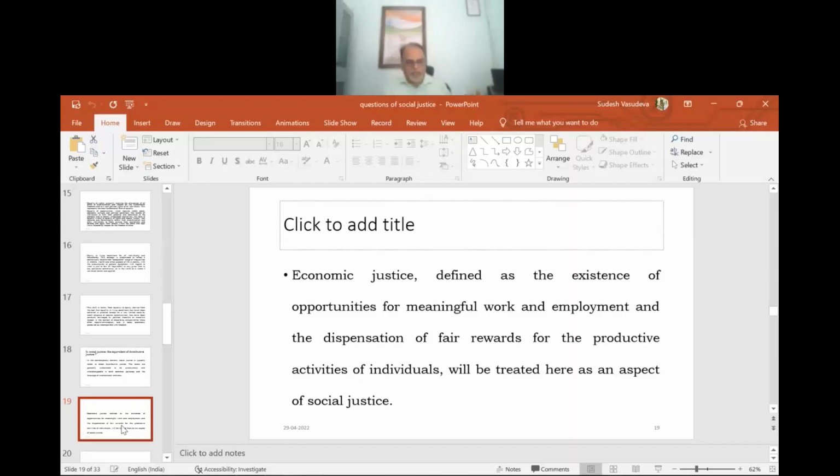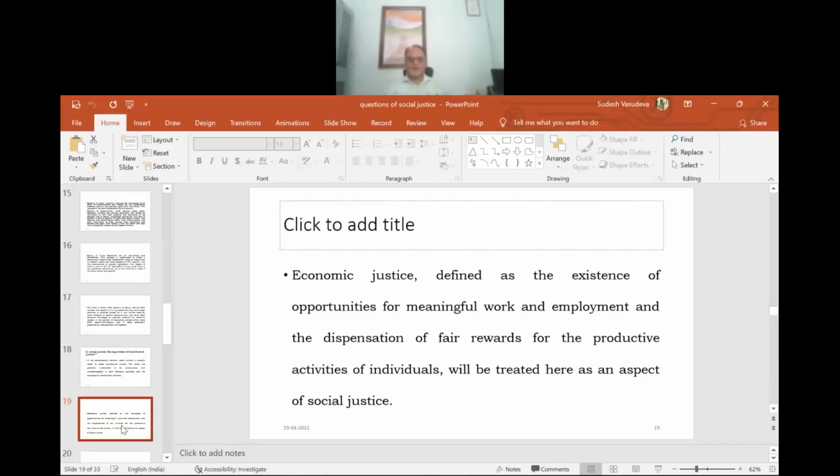Notwithstanding Richard Posner's theory on economic analysis of law, where he says that every legislation, every law, ultimately every rule must have the economic benefit derived from that particular action, social justice, in the context of economic justice, is defined as the existence of opportunities for